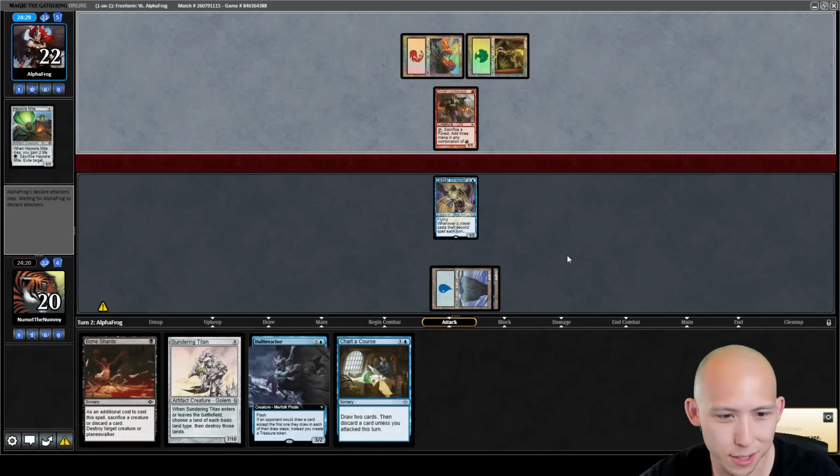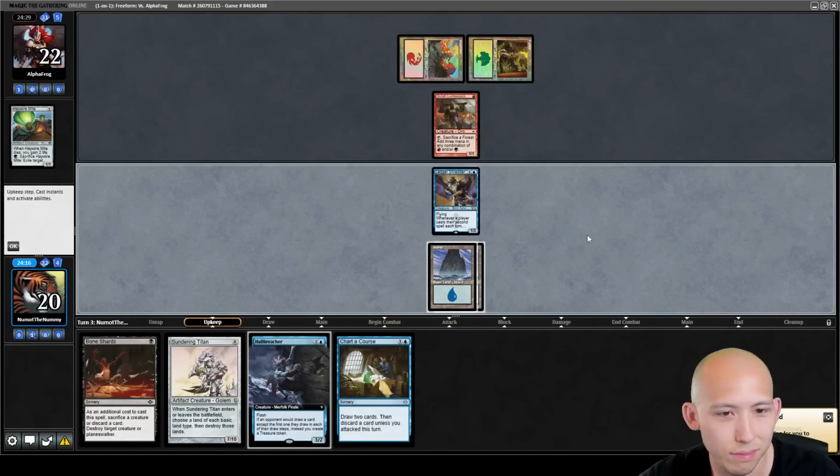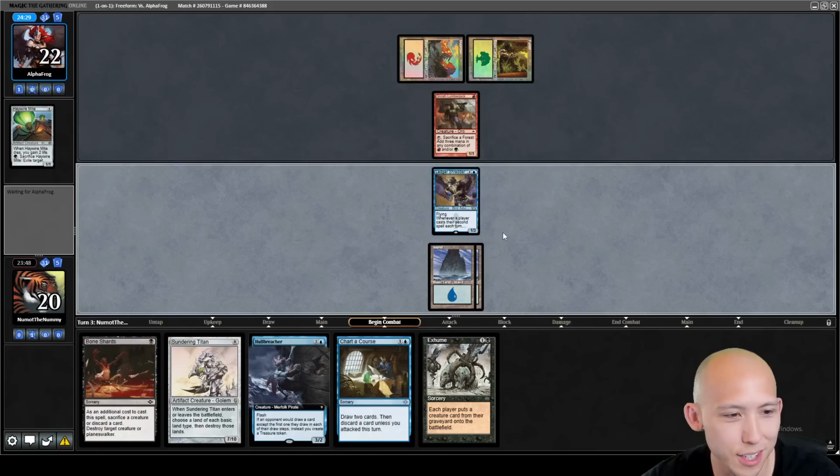I think if I draw a black source, I probably want a Bone Shards. Ooh. That's pretty good. Yeah, I mean, we're going to... Well, this is interesting. I could attack first and then just draw 2 and hope to hit a black source. Or I could attack and loot away. I guess I'm going to attack here since we have Bone Shards, but...